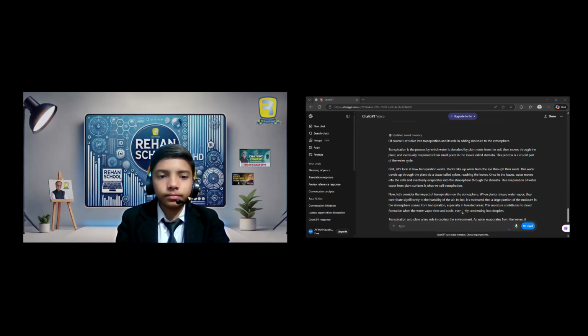Absolutely. Let's explore why cloud storage is so crucial for our modern lifestyle. First and foremost, cloud storage provides incredible accessibility. It allows users to access their files and data from virtually anywhere with an internet connection. This means that whether you're at home, at work, or on the go, you can retrieve and work on your documents, photos, and videos seamlessly.